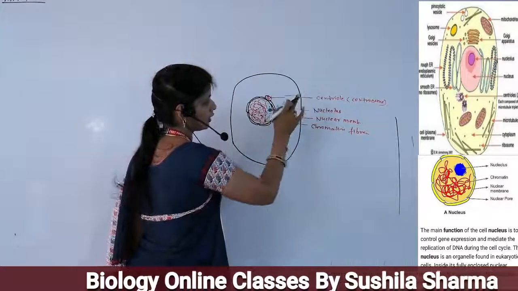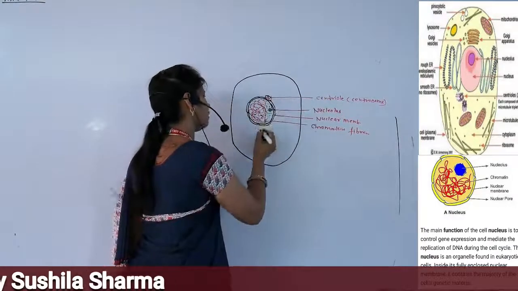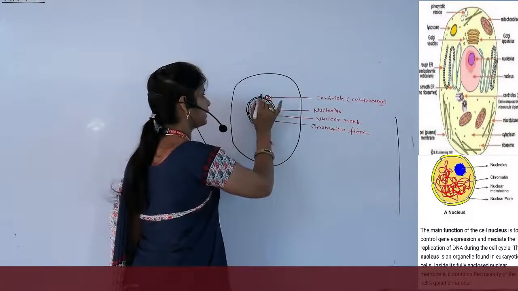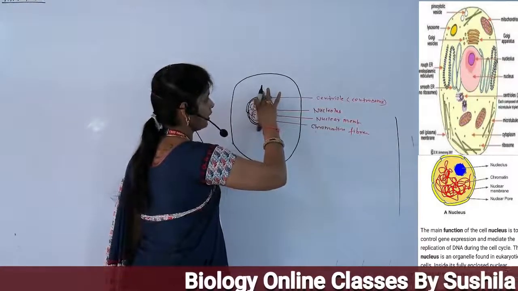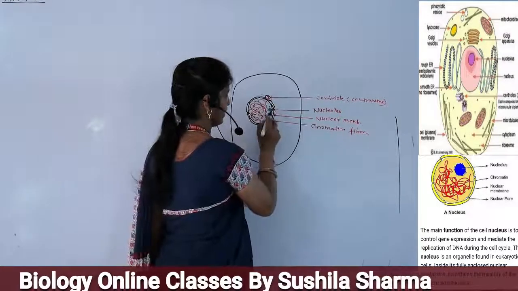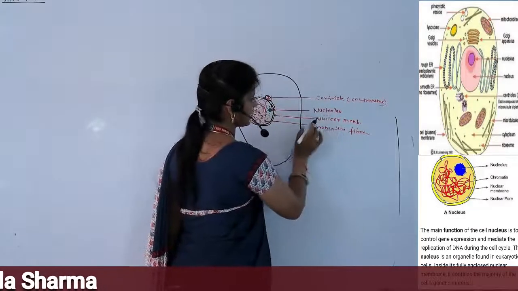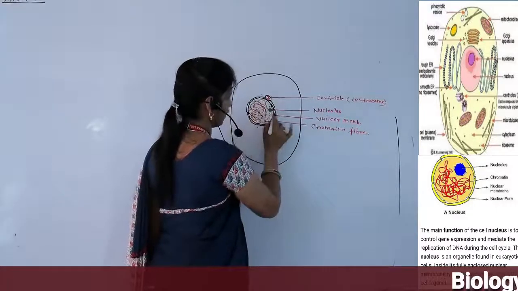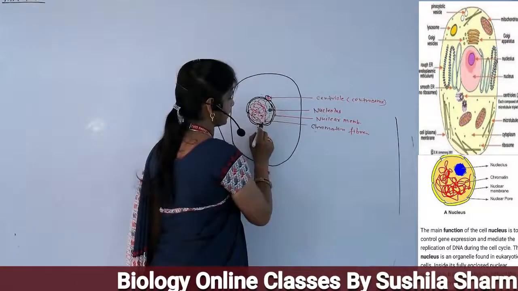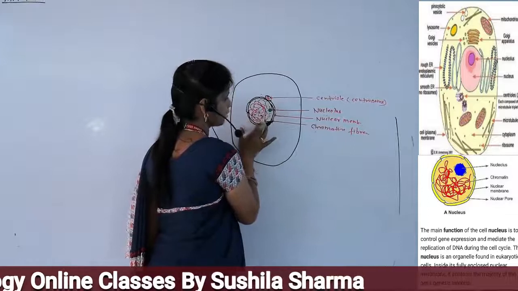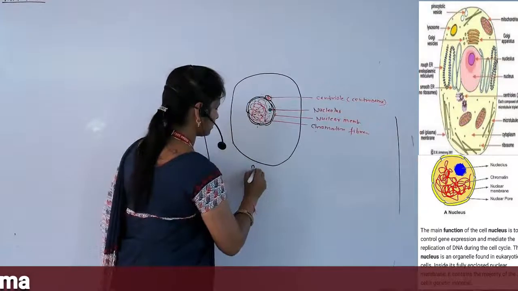So centriole plays a very important role during mitosis division, because each centriole reaches the opposite side and helps in the formation of two poles of chromosomes. And a spherical structure is also present inside the nucleus, which is known as the nucleolus, and the nucleus is surrounded by the nuclear membrane. And chromatin, a fiber-like structure present inside the cell, is called chromatin fiber. This type of structure is present during interphase.